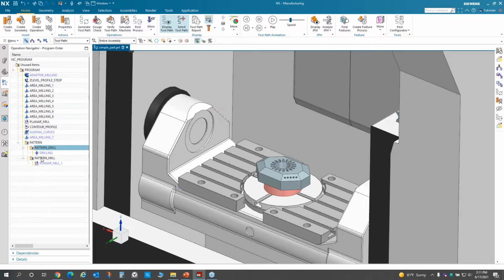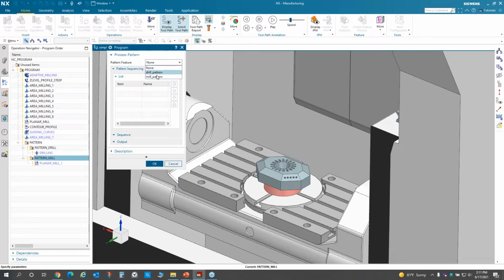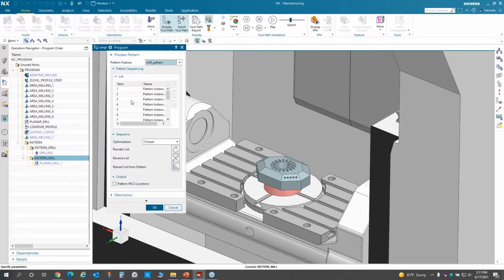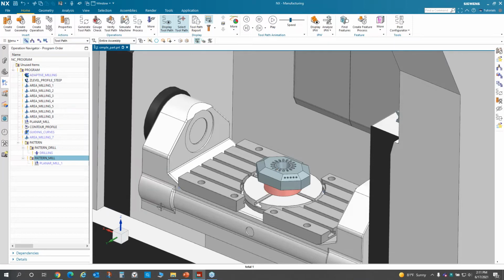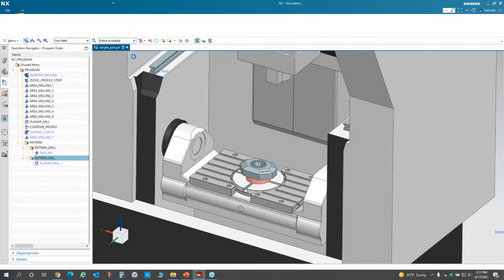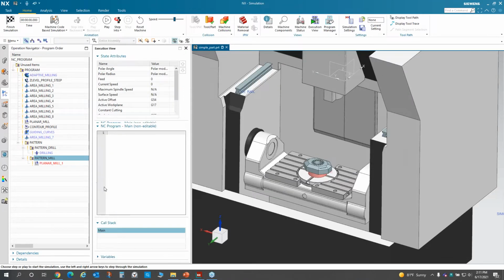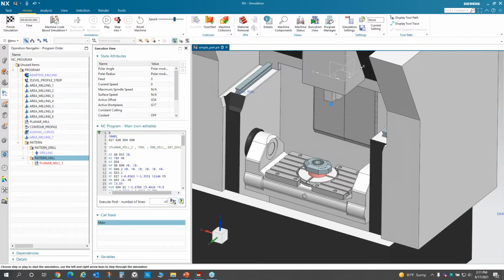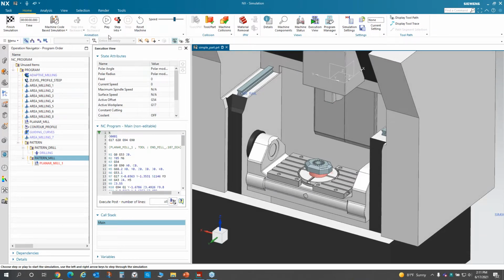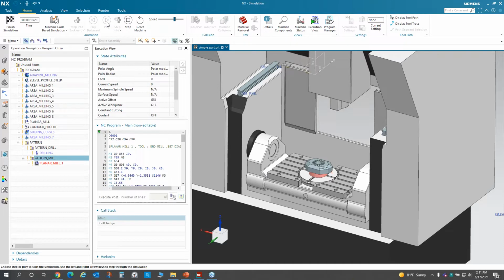So I want to do the same thing for the pattern mill. Select the mill pattern. And this one I believe is correct, but you're ahead of the game to go ahead and reorder the list here at the beginning. So now if I simulate the machine, and we're simulating the machine code, and there it is. So now when I play it,